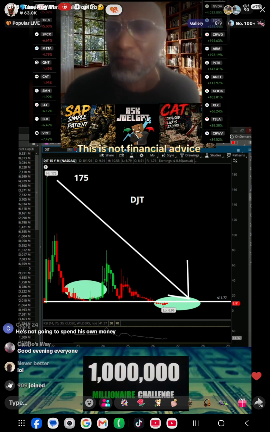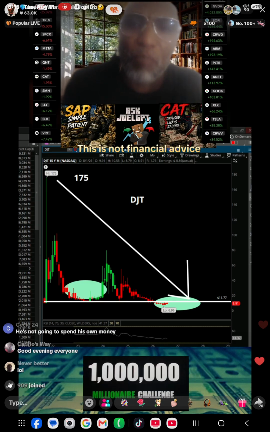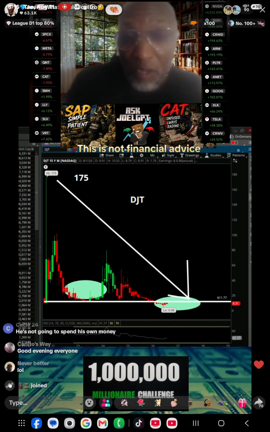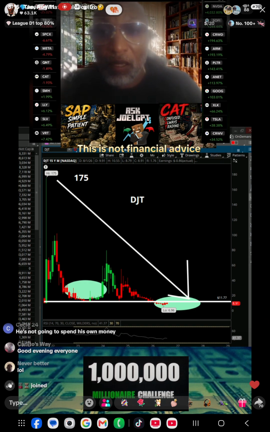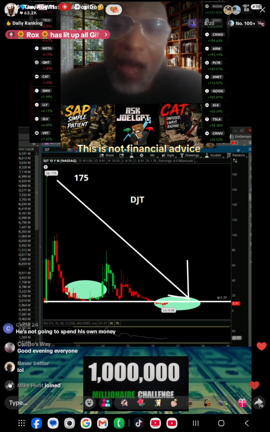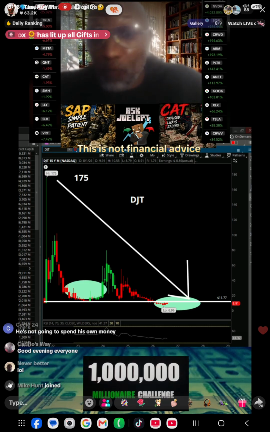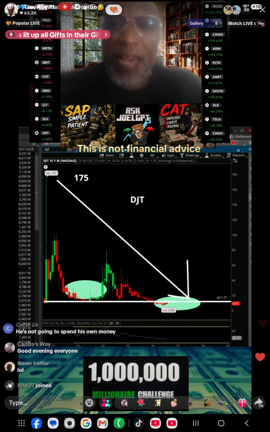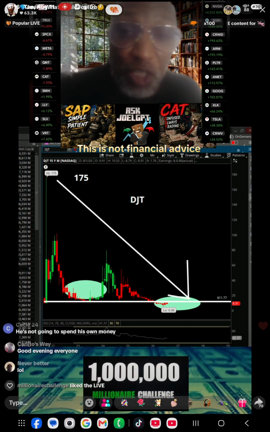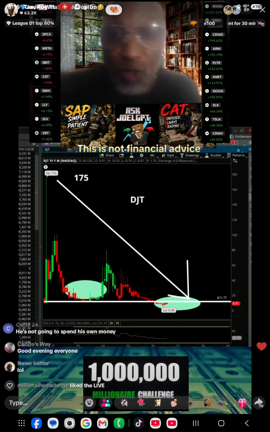He's still gonna be Trump, right? He's still gonna be able to move the market. He's just not gonna be able to move the market like he's moving it now. So in my opinion, the best time to make money on this stock is you only got about 2.5 more years if you're going to make some money off of it. Or they need to do something where they're exposed to energy, and that's probably the play that they may try to make. I think I heard them trying to do that.